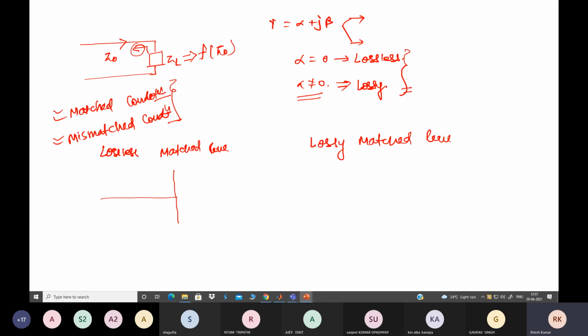This is our load at this point. This point represents x equal to 0. If you recall from the earlier class, the reference was what? Load, from where x is equal to 0. And the positive direction of the reflected wave was taken in the direction of reflection, means towards the source, load to source. So see, this is our voltage wave traveling towards the load,